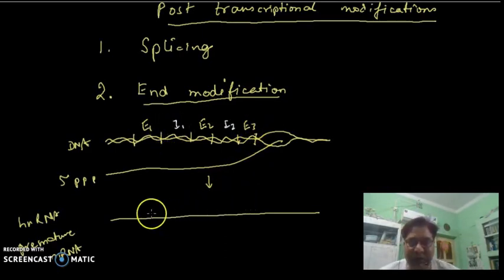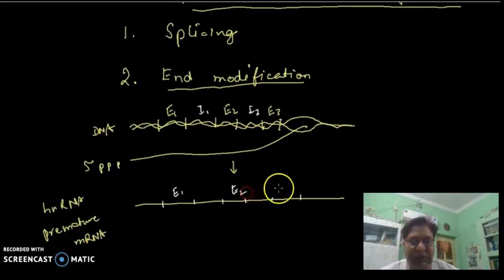So in the RNA also, the first synthesized RNA will contain all of these parts, the exons, exon 1, exon 2, exon 3, as well as intron 1, intron 2, and some 5' untranslated region on the